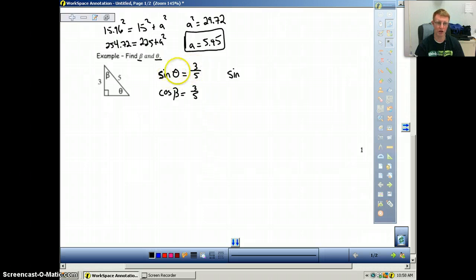Well, theta is like our input. 3/5 is like our output. So we're going to do inverse sine of 3/5 in our calculator, and that will actually be equal to theta. And if you put that in, you get 36.87 degrees. Again, we're in degree mode, so it should give us an answer in degrees. Same thing with the cosine. So inverse cosine of 3/5 will actually be equal to beta, and that is equal to